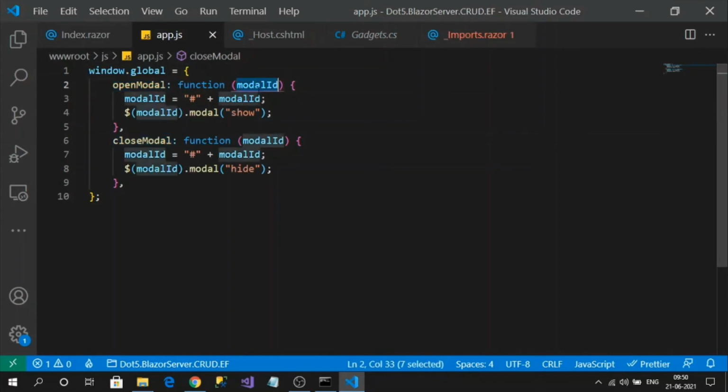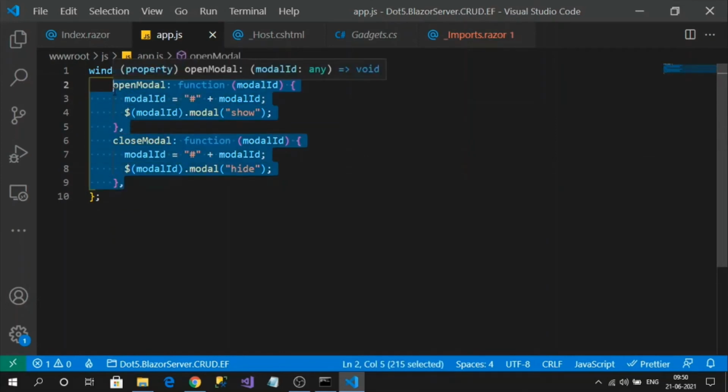Here we pass the Bootstrap modal pop-up's HTML ID attribute value, and based on that, it will open and close it. This is written in a generic way, so that any modal pop-up can be opened and closed using this code.